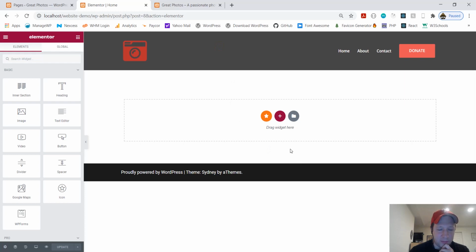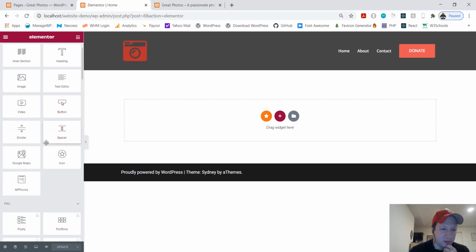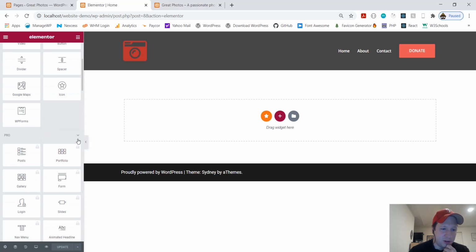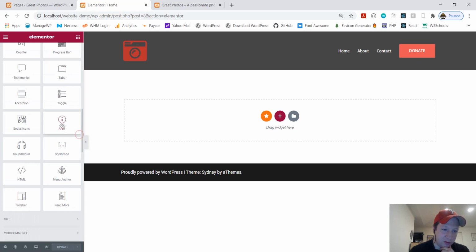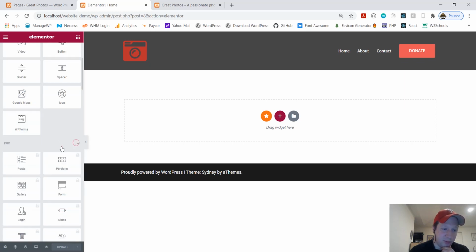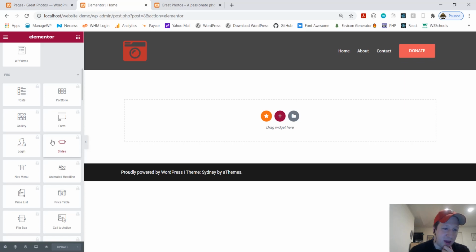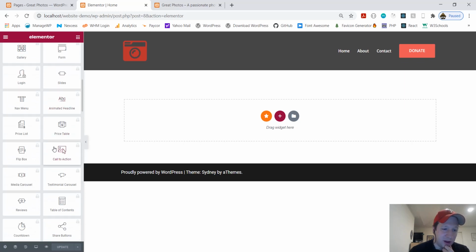So here's our navigation bar that we set in the theme. That's part of the website. This part as well. Don't worry about that. And this section here where you see this dotted box and the star and the plus and the folder, that's your Elementor section. Over here, your Elementor toolbar. Okay. Now this one says Pro. Now if you want to pay for that, that's your business. It just gives you more options. So some nice options. If you can afford it and you want to pay for it, by all means. I haven't used it that much, but it's got a lot of nice extra things in there.